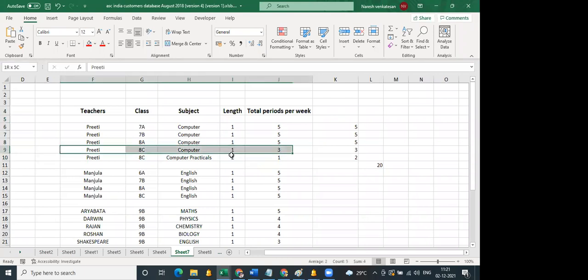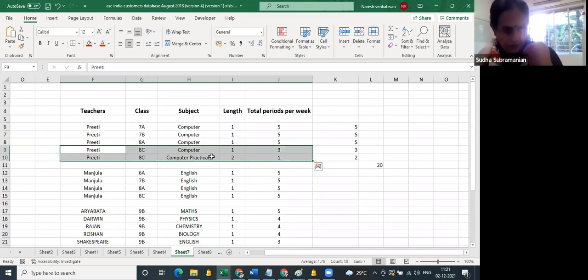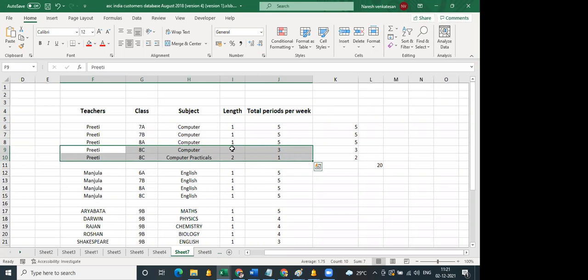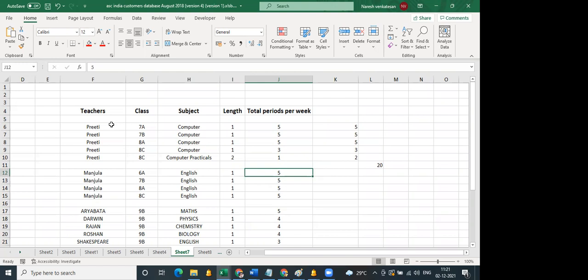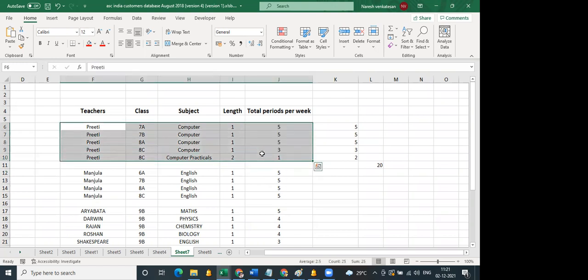For class 8C, there will be one double period. So you see the length is 2 here. Length is 2. So we have changed the name of the subject group and one double. So this is how you create it. And I'll just import and show you also.